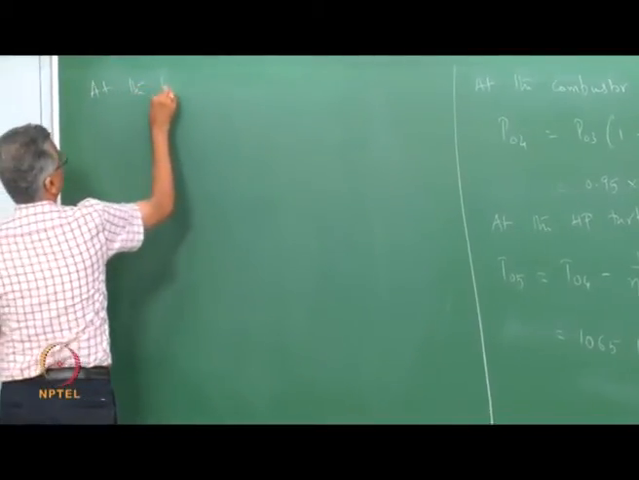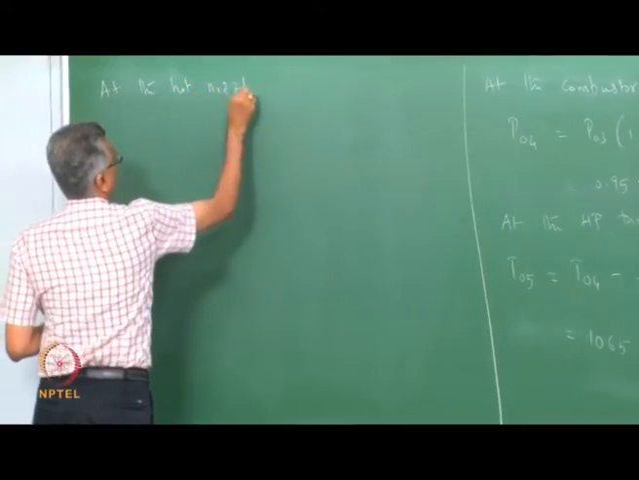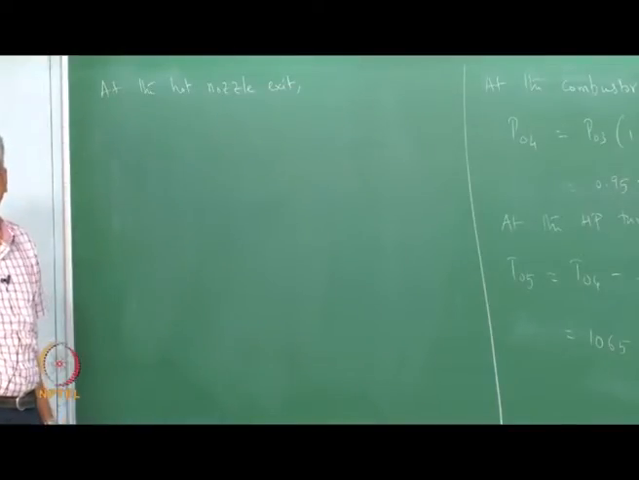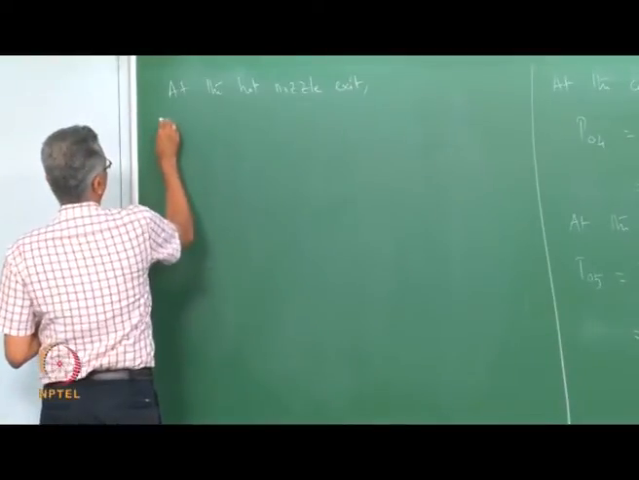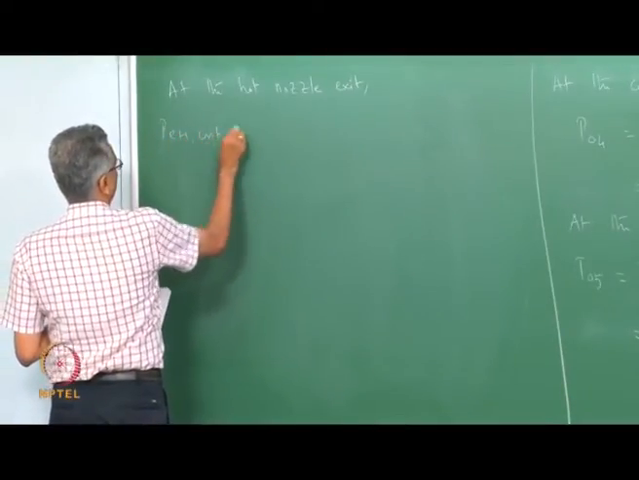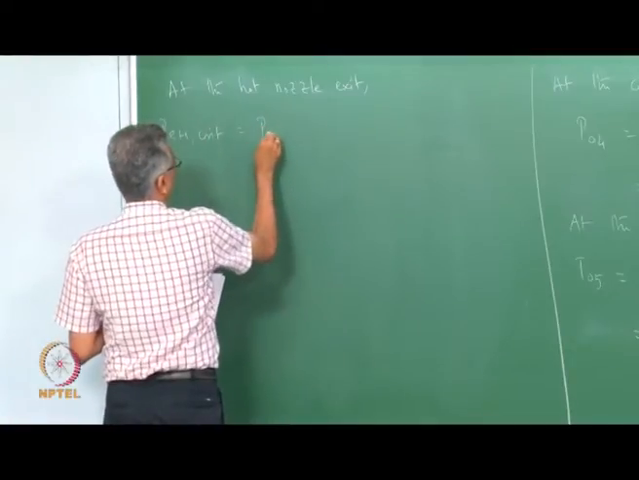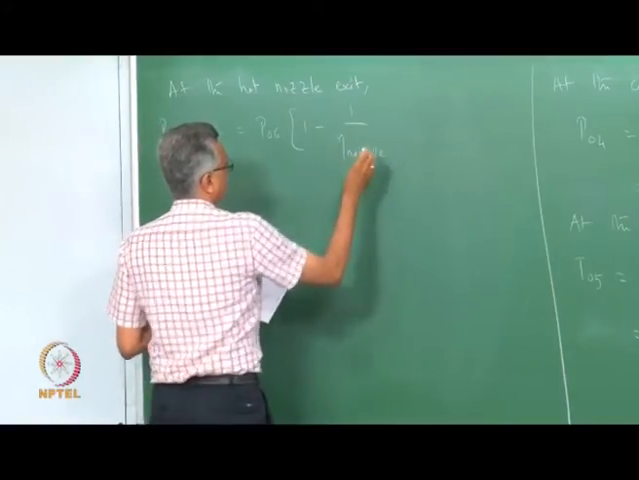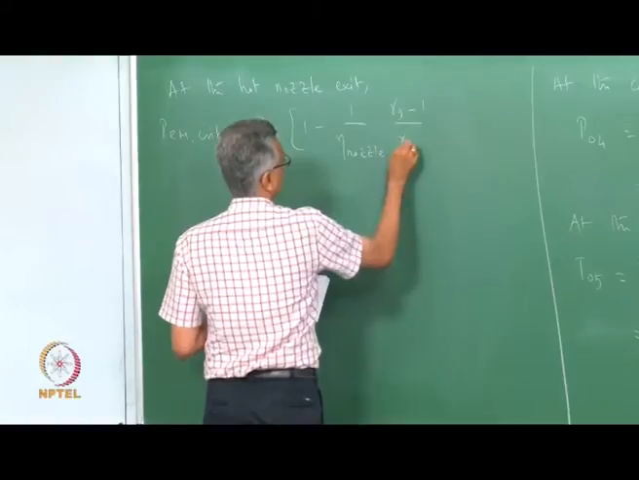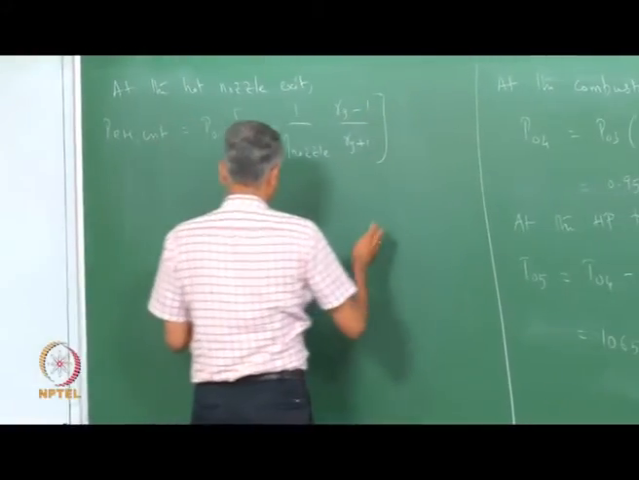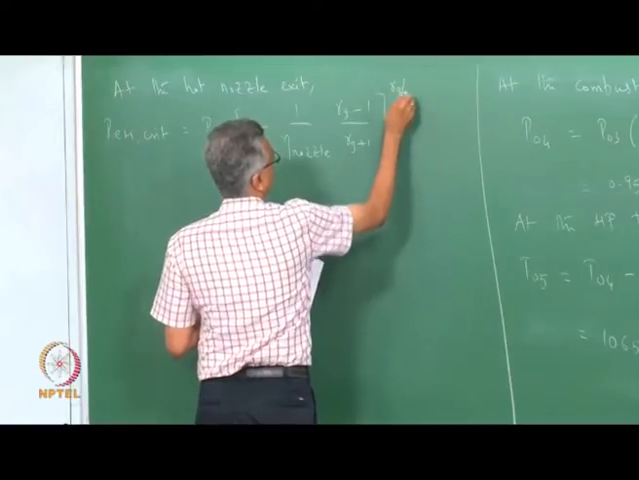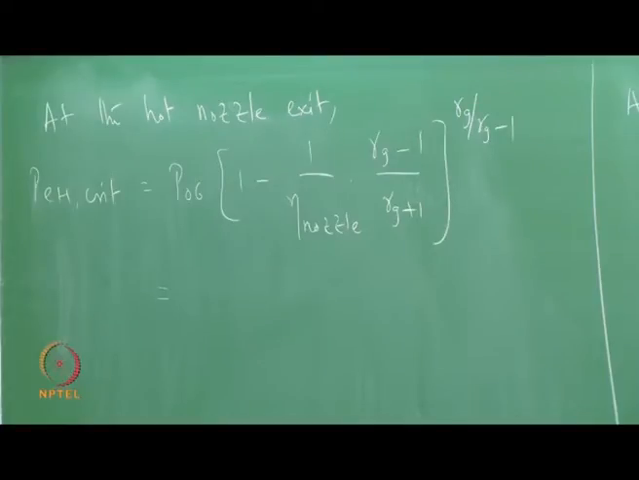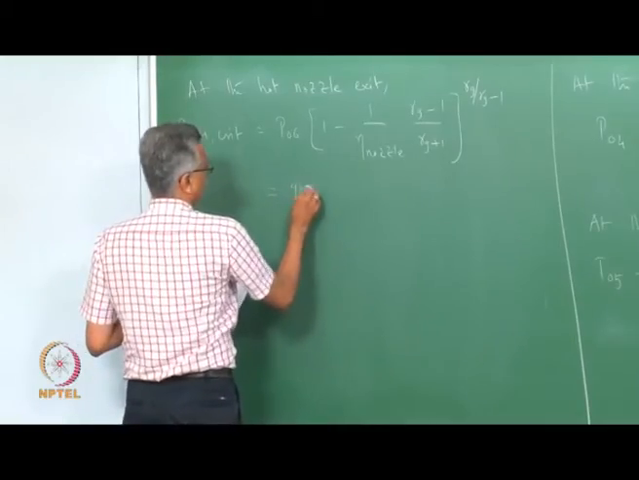So, at the hot nozzle exit, since I have P06, I can immediately evaluate the critical pressure, right. At the hot nozzle exit, the critical pressure PEH critical, we derived this expression before, is equal to P06 times 1 minus 1 over eta nozzle times gamma g minus 1 over gamma g plus 1, raised to the power gamma g over gamma g minus 1. If I substitute the values for P06, the critical pressure comes out to be 95.72